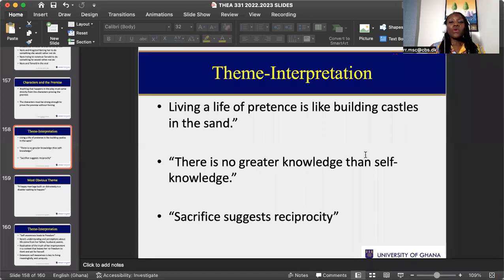What do you know? What have you learned in your own life? What opinions have you formed for yourself based on your own observations, based on your own experience? That is really important. If not, you are living other people's lives rather than yours. And I've explained that sacrifice suggests reciprocity. Because of all the sacrifice that she has sacrificed for him over the years, there was that expectation of reciprocity when the time comes, you see.